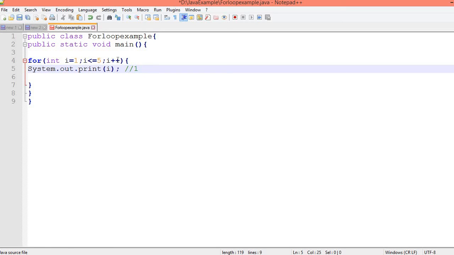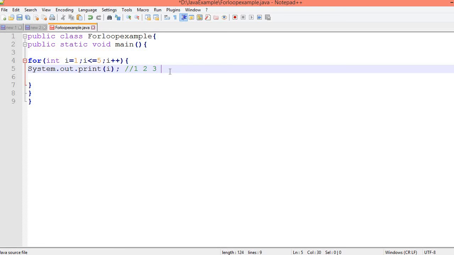Incrementing gives 2, and after getting 2, again check the condition, 2 is less than or equal to 5. Yes, then again it will print 2. Next, again it will increment, then it will give 3, and 3 is less than or equal to 5. Yes, it will go inside and print 3.